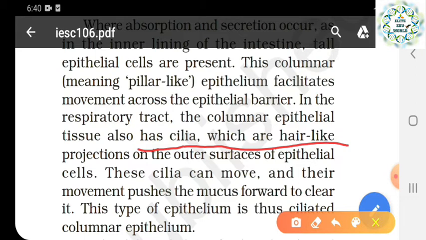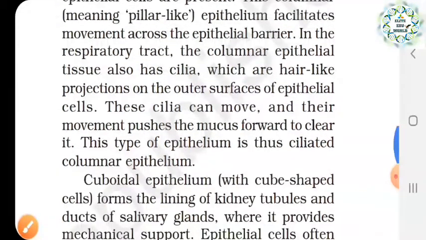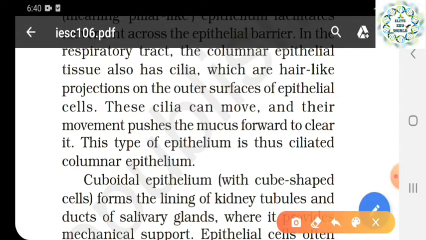Why is there a need for this cilia? Because whenever they move, they push the mucus forward to clear it. So it is performing a clearing function: whatever material or mucus gets stuck inside our trachea can be pushed out. So the mucus is pushed forward to clear it, and this type of epithelium is the